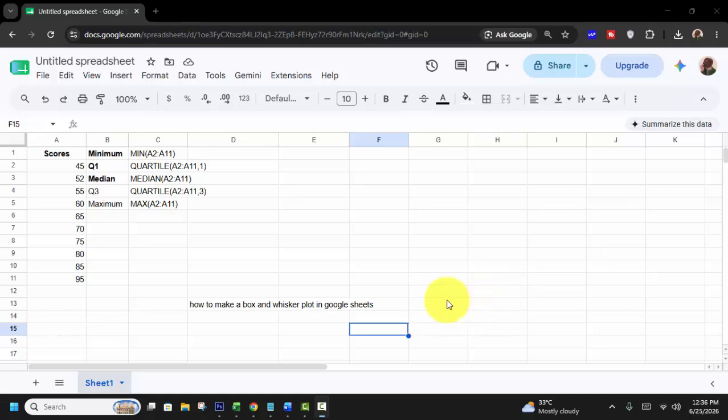Hello everyone, in this video I'll show you how to make a box and whisker plot in Google Sheets. So let's begin. First, open your data. See this minimum